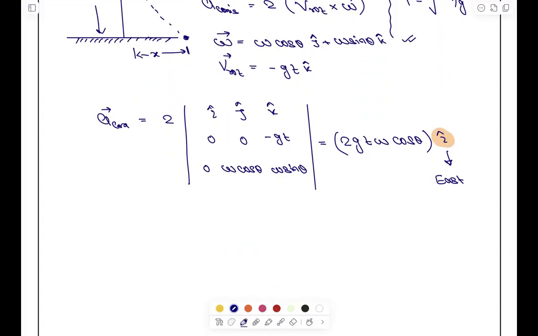Now let's find out the magnitude that they have asked us to. So what will be Vx? So Vx, that is x dot. So we have to integrate this. I hope you know the integration. So the integration will come out to be